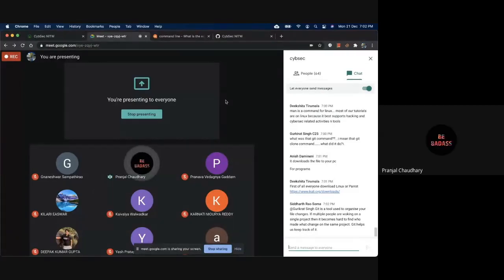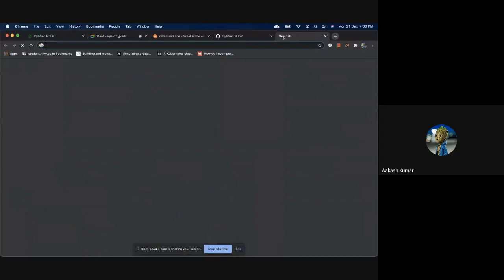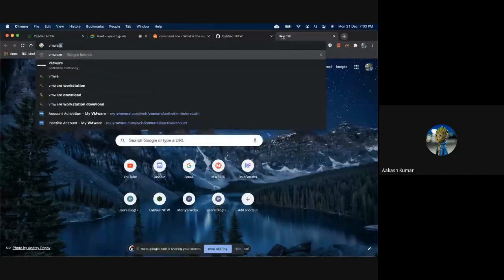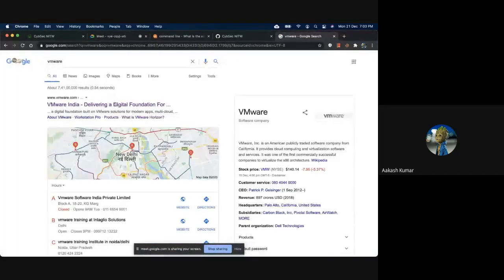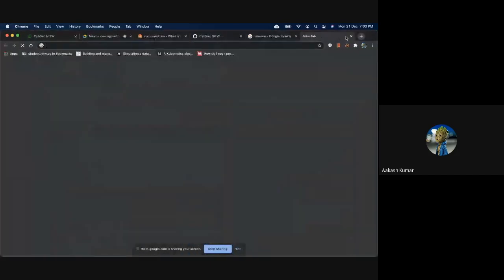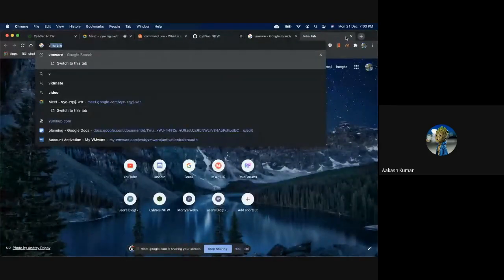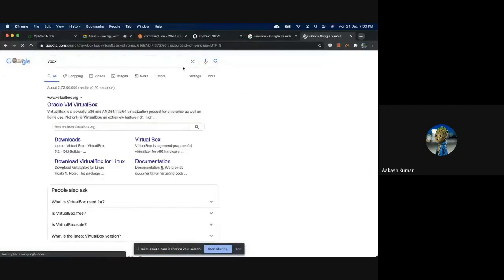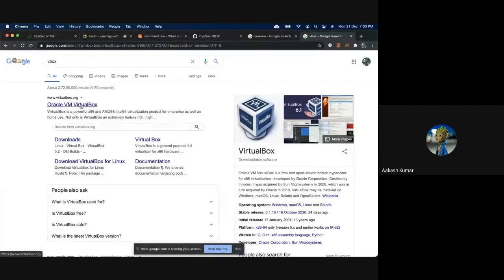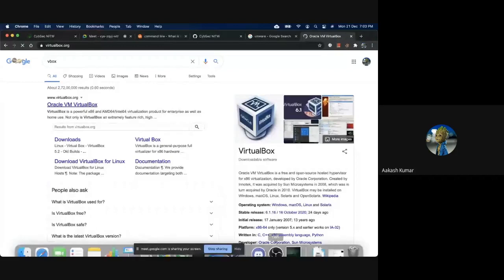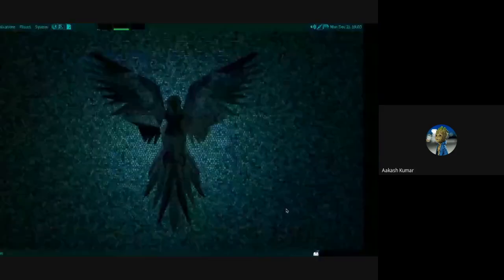Can we have Linux and Windows both on our system? Yes, you can keep both. Either you can do it by dual boot, or you can do it on a virtual machine. There are these tools, VMware or VBox, VirtualBox. Actually, VBox is fine. You can just download this thing and just here is the thing. Like I will show you.